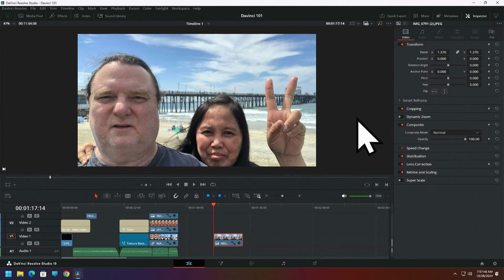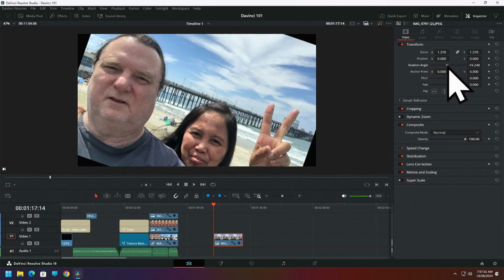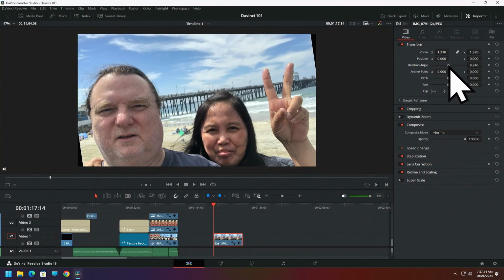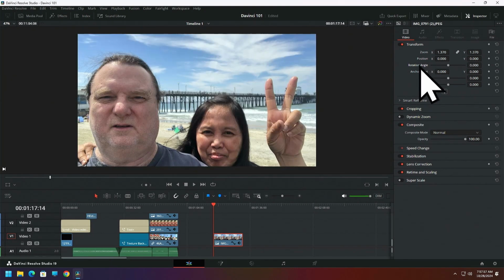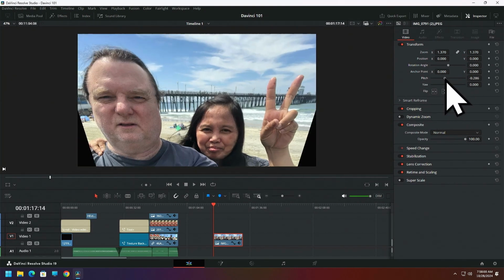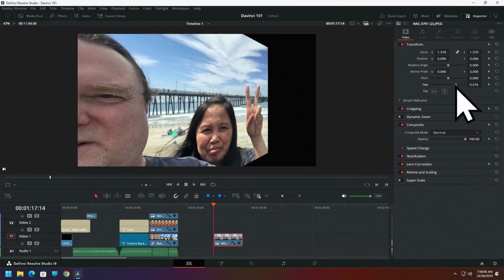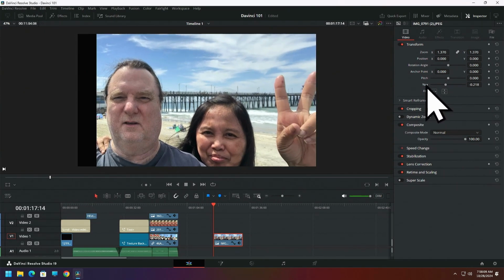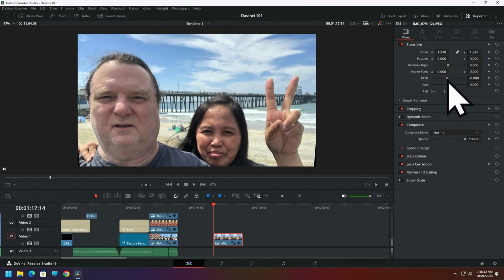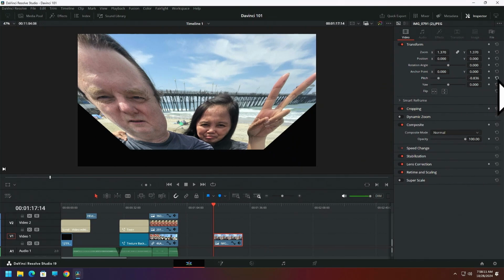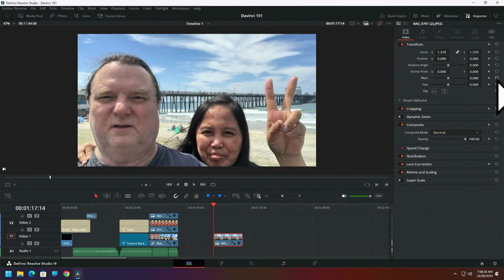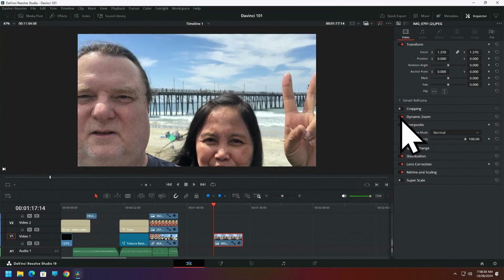That's one thing you can do. Another thing you can do in here is you can rotate it using the rotation angle. Double click puts it back to where it was. Your pitch, your yaw. Double click will always put it back to the center, or you can come over here and click on the go back button, as I like to call it. You got cropping here. You can turn that on and then you can crop it. You got dynamic zoom here,